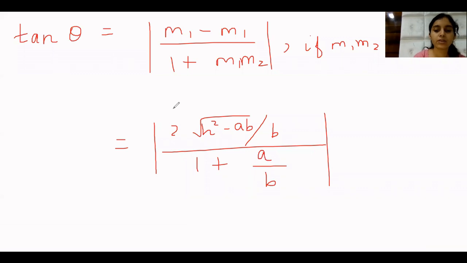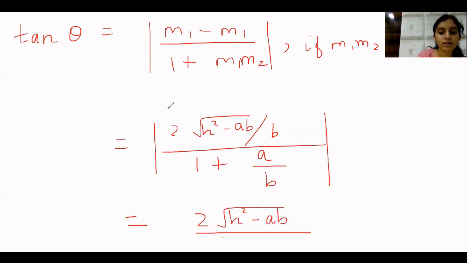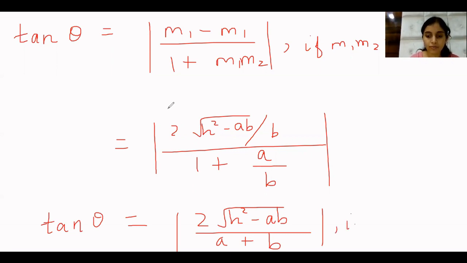A upon b. Okay, so taking the LCM, we'll have 2 root of h square minus ab divided by a plus b under the mod sign, tan theta value. Now, tan theta is the angle between the two lines, and here we write if a plus b is not equal to 0. Okay. Now this is the basic theorem where angle between the two lines, let's go back to